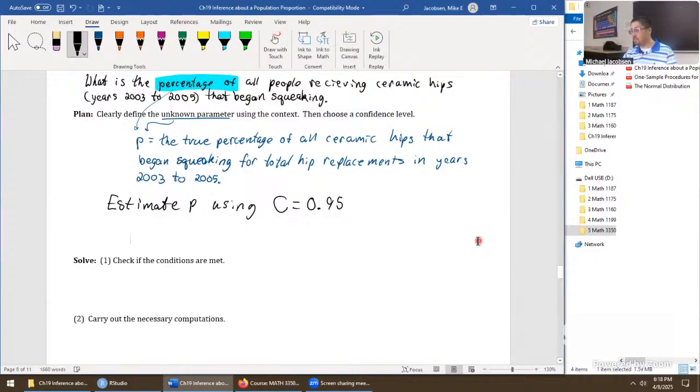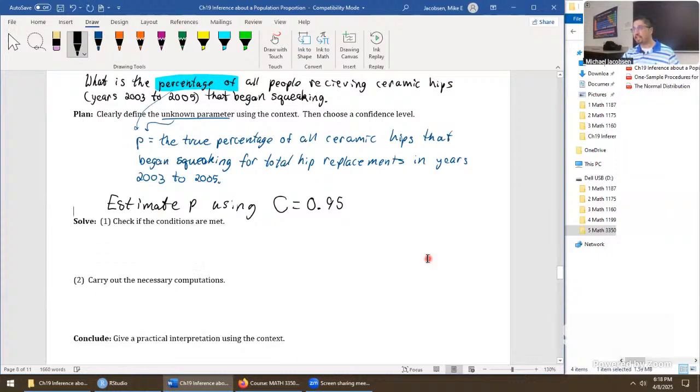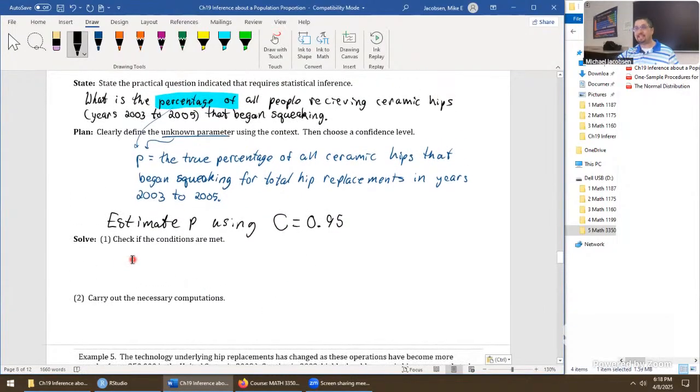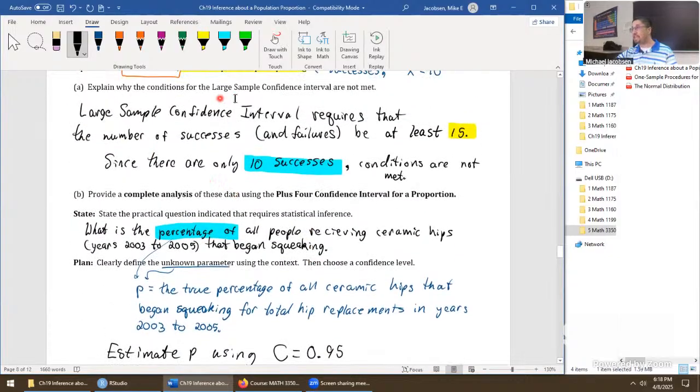And next thing you have to do is take a look into condition checking. Once condition checking is done, we'll now go and do the actual computations of the problem. So we're now at this stage here. But what were the conditions of the +4 confidence interval? Really just two. First thing is that we have to have a sample size that is at least 10. Really low bar for that condition, right? But that's because it's trying to overcome the restrictive conditions of this analysis here.